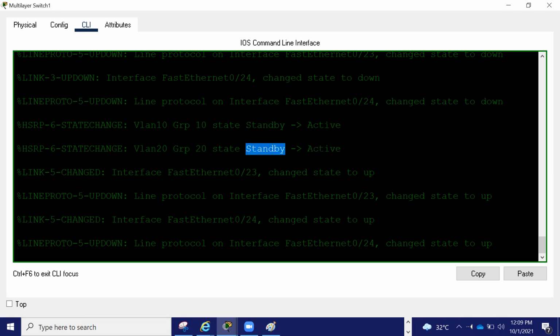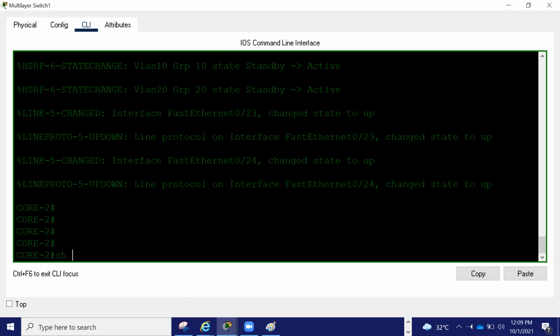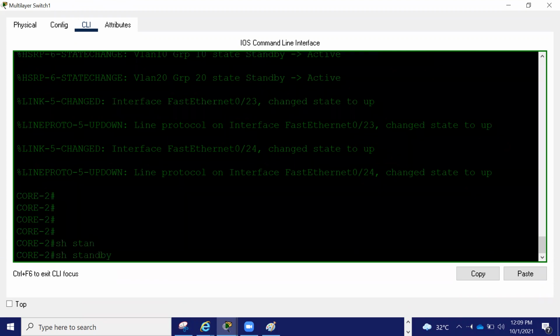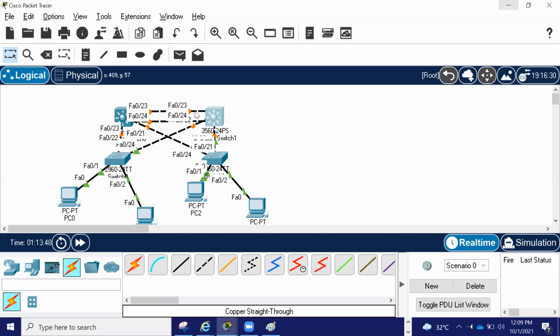But after some time, when switch 1 was down, this guy became active. Show standby brief. See, currently this guy is active for VLAN 10 and 20, and the other is showing standby. It will take some time for this switch to fully reboot and load all the configuration. Then this guy will become active automatically again.